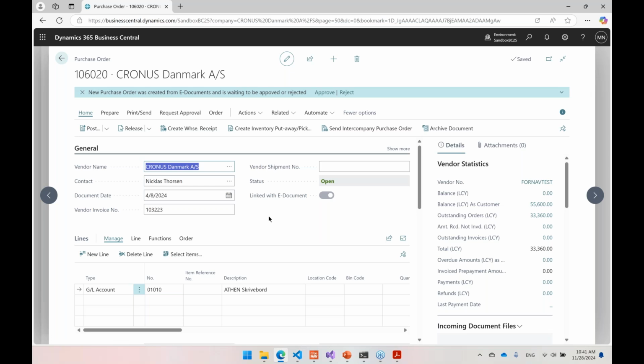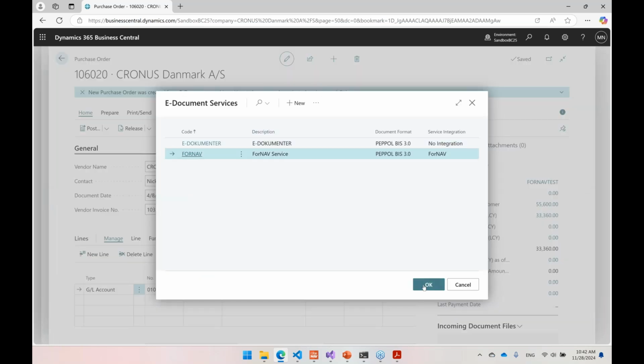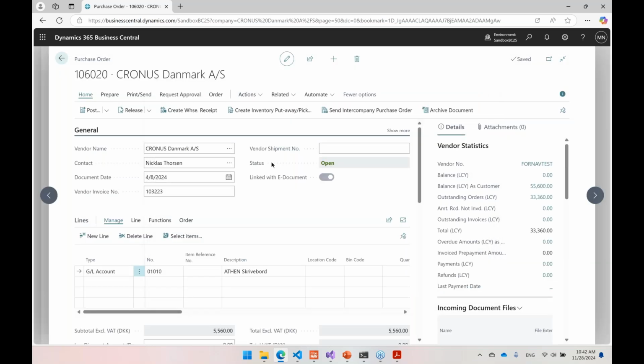Next thing I need to do is that I need to tell the other end that I can approve this or I can reject it, because that's also a part of the Peppol contract that I don't need to do this, but in most cases this goes through the workflow of doing this. So I can simply go and approve this. I need to wake it up. I need to tell it I need to use the FNAF service in here, and now it's approved at the other end.